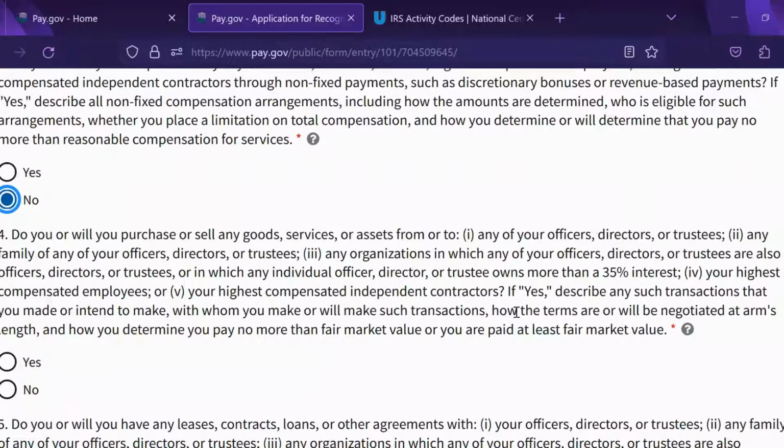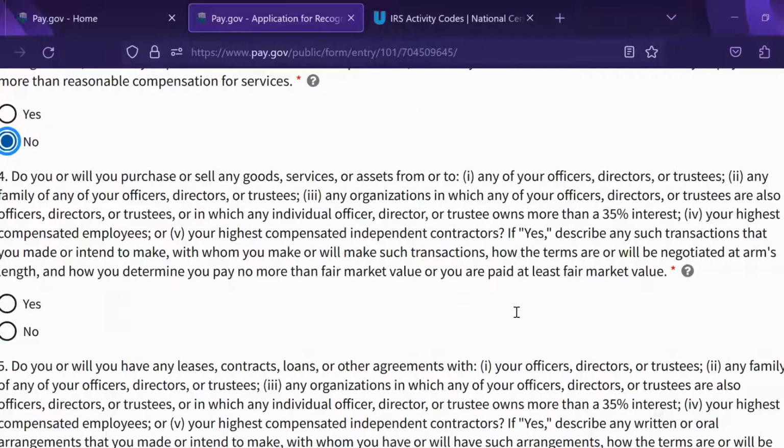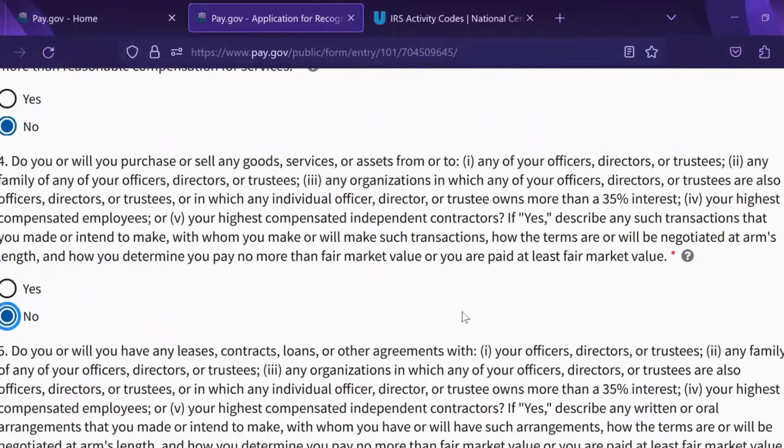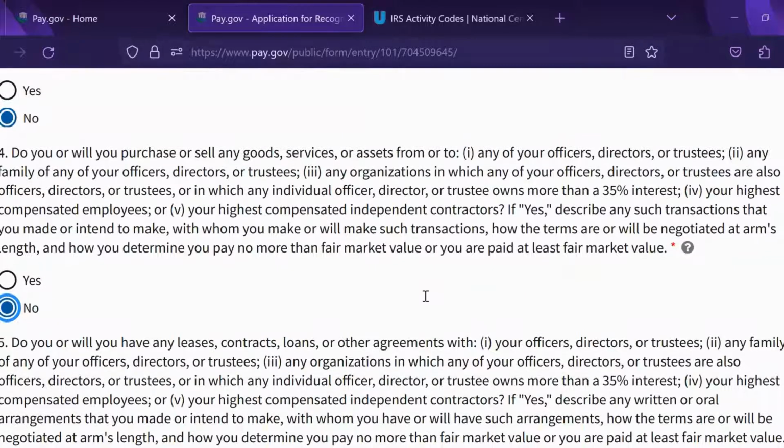Okay, question 4. Do you or will you purchase or sell any goods, services, or assets from or to any of your officers, directors, or trustees, any family of any of your officers, directors, or trustees, any organizations in which any of your officers, directors, or trustees are also officers, directors, or trustees, or in which any individual officer, director, or trustee owns more than 35%? We are not. So Jane is not. So we're selecting no. You can click the question mark if you have questions or if you are wondering about that